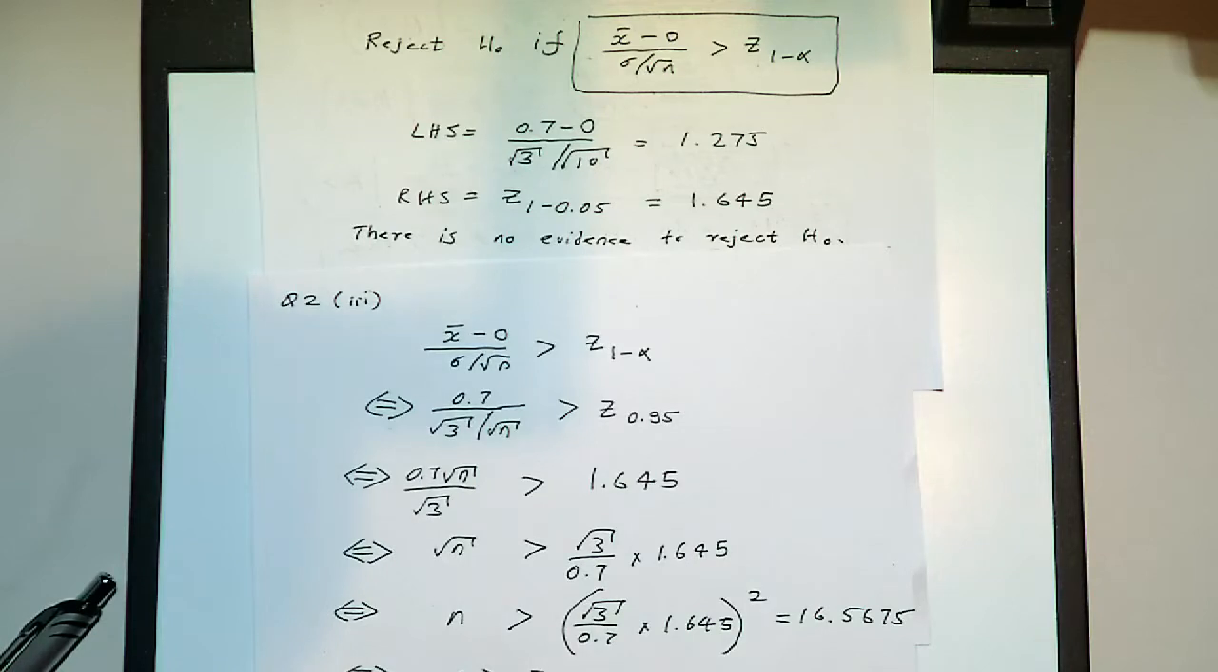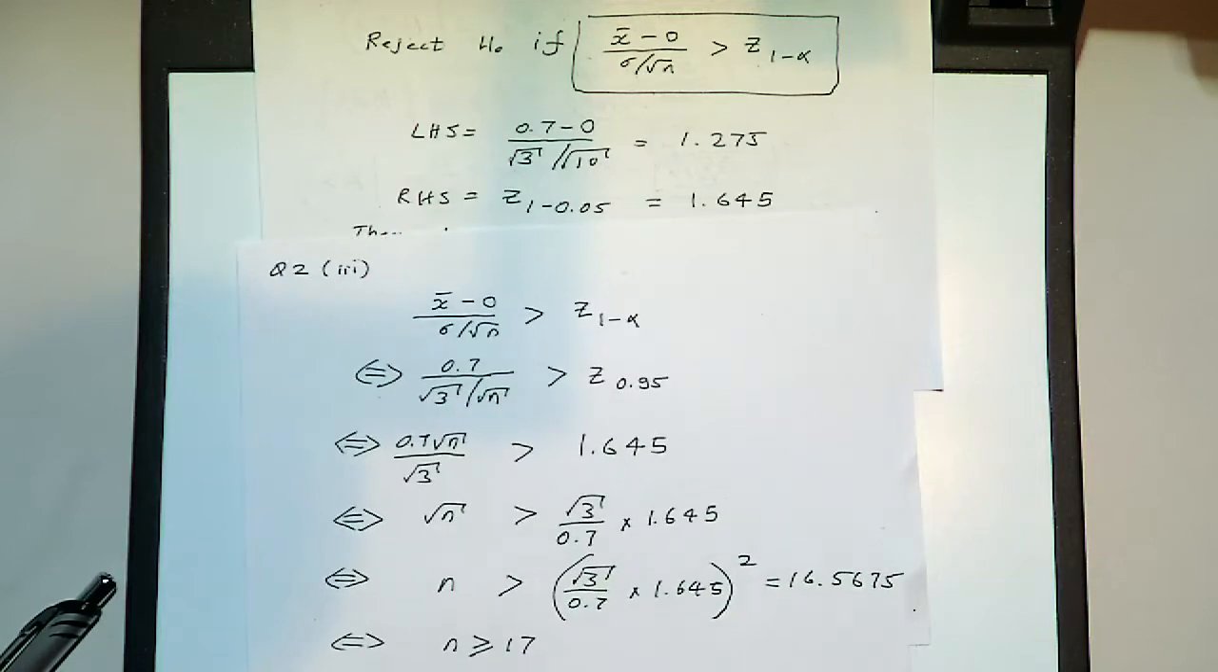Because you can't have a decimal point for an integer value, right? So the smallest sample size so that the rejection rule is satisfied is 17, right? Is that okay, guys, or no? So if you're wondering, what we are doing is question 2, part 3. Okay, guys, or no? All right,